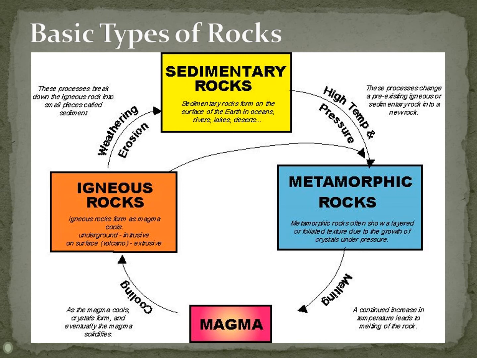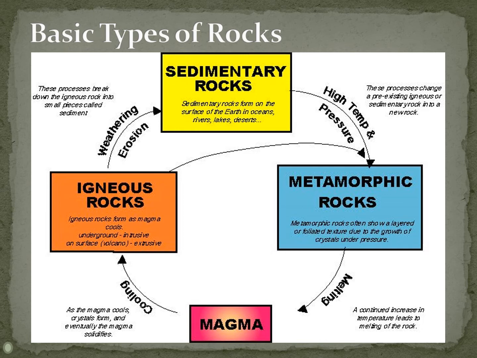So we have igneous rocks that form as magma cools underground. This is an intrusive, or at the surface, an extrusive process. Okay, and that magma cools down and solidifies into a rock. Then over time, that rock is weathered through erosive processes, and it breaks into smaller pieces called sediments. Those sediments are transported and then eventually they settle somewhere and they're glued together again. That forms a sedimentary rock.